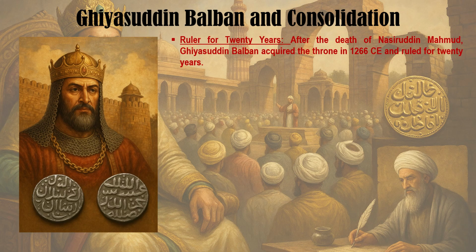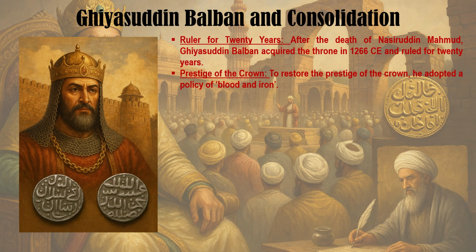After the death of Nasiruddin Muhammad, Ghiyasuddin Balban acquired the throne in 1266 CE and ruled for more than 20 years. To restore the prestige of the crown, he adopted a policy of blood and iron. Means he was very strict and stern in his policy,